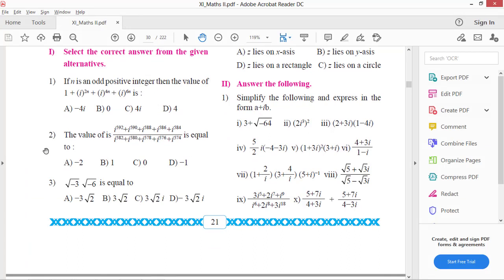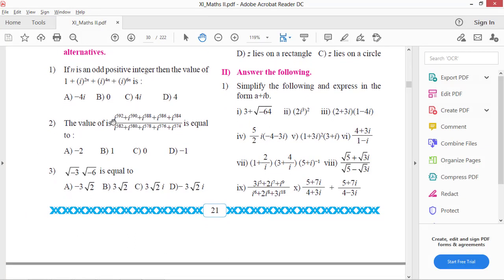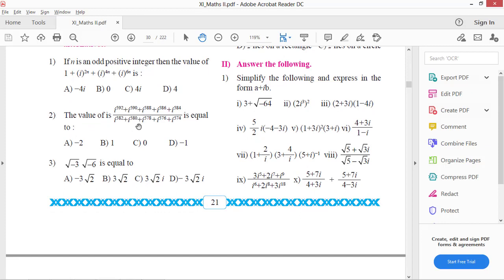Definitely question number 2 will be the homework. It's very simple. The hint is that this type of question we have already covered in exercises 1 and 2. From the numerator take i raised to 584 and from the denominator take i raised to 574 common, and you will be left with some part, and the numerator and denominator will be the same. So I request you to solve question number 2 as homework. Now let's see question number 3.